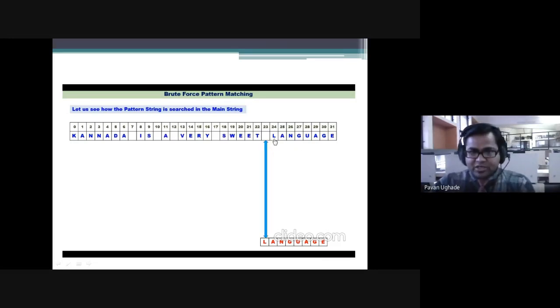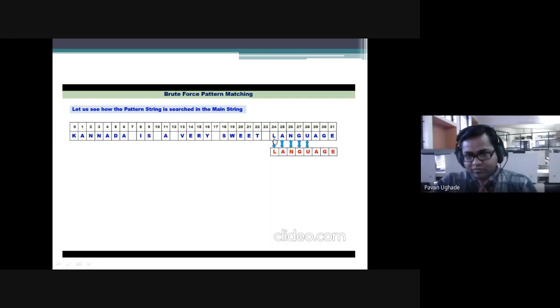Now let's see this 24th and this. So this is t of 24, this is t of 24, this is p of 0, we'll be matching now. Let's see in the next part how we are going to match. So this t of 24 is matched with the p of 0. Match. Then I'll do t of 25 match with the p of 1. I have incremented the p variable as well as t.